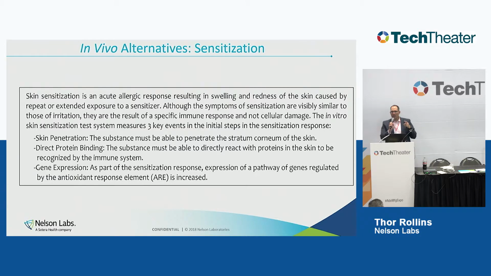So the first thing I want you to be aware of is that when we're talking about skin sensitization, there are some things we have to know first about these chemicals. The first thing is this chemical has to be able to penetrate the skin, right? Because if the chemical can't penetrate the skin, then it's not going to cause sensitization with skin contact, unless your device goes in the vascular system or in the tissue, right? So we have to think about that kind of biological exposure. It also has to be able to bind with those proteins which are involved in that sensitization reaction. And we have to have that binding then expressed into genes, have a gene expression. So those are the 3 things that have to happen with a chemical in order to cause sensitization from